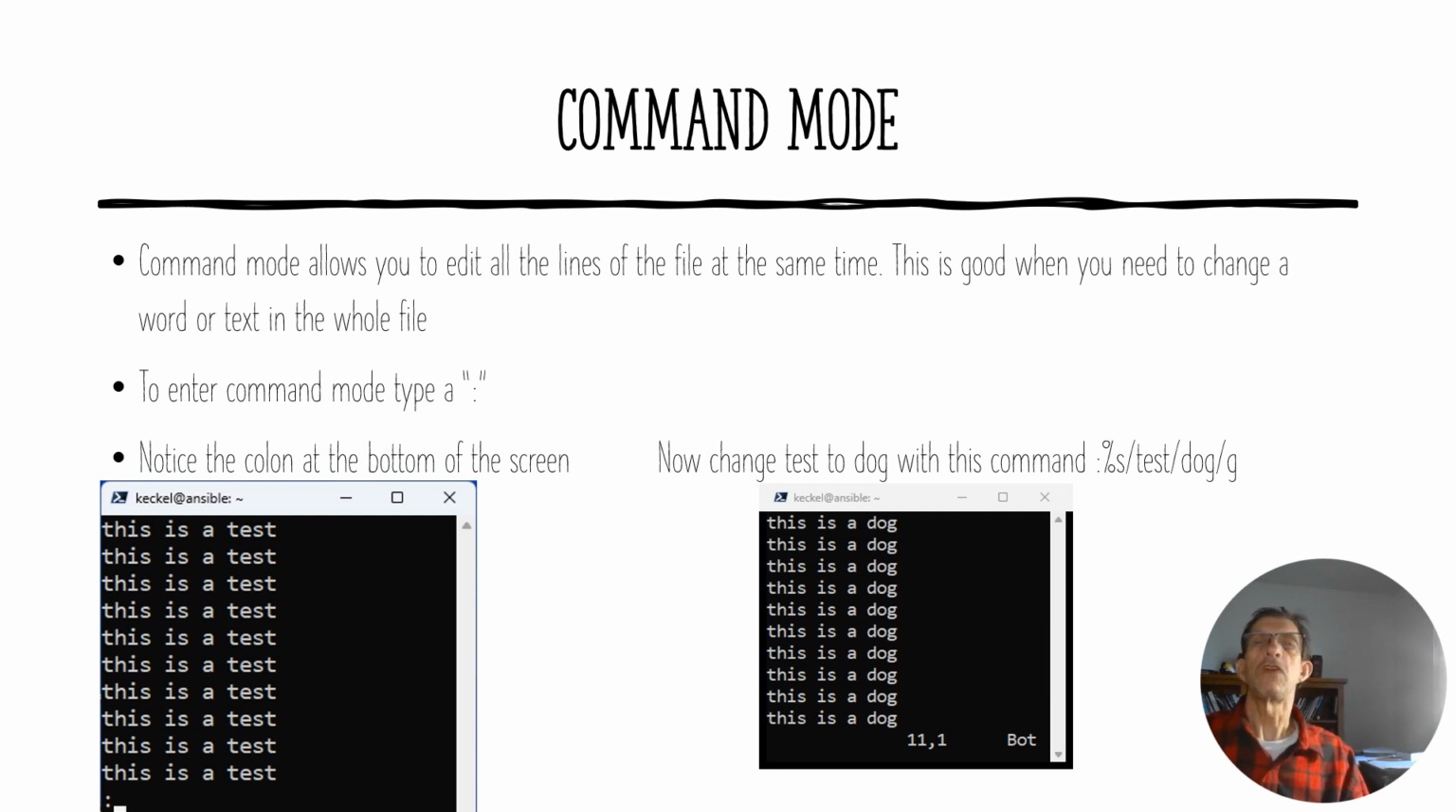Now, suppose we want to change the word test to dog. We can do that with this command. %s, after the colon at the bottom of the screen, %s. Now, %s means any line, and then followed by a /, that's the delimiter. Then the word or characters you want to change, so in this case, test, and then the /, delimiter, and then